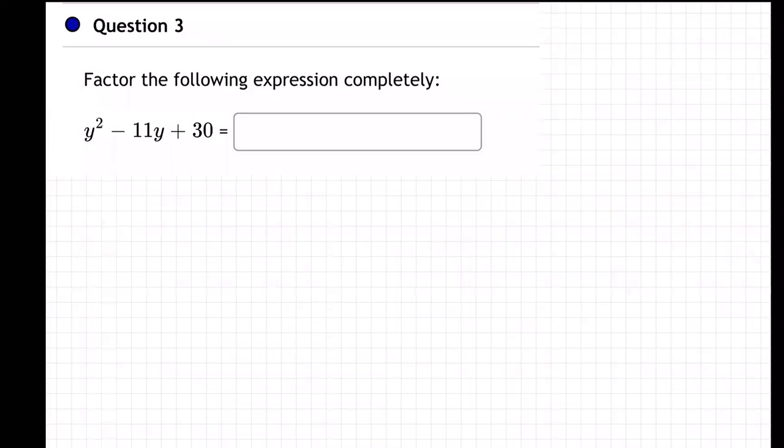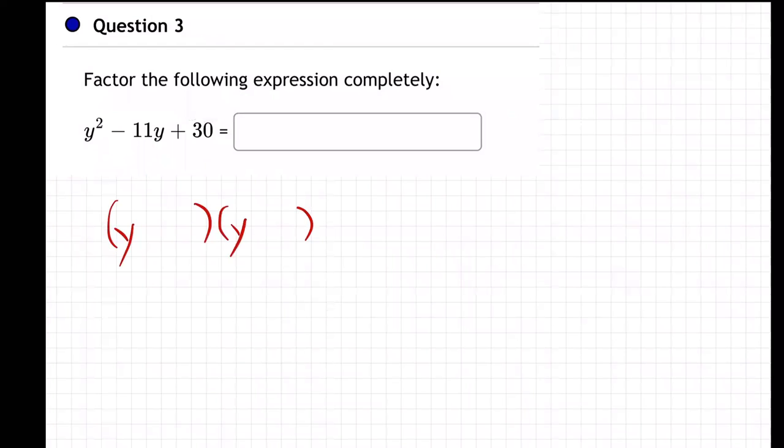Okay, so on this one, we are again factoring, and they're giving us these terms. So whenever you factor y squared y, no y, or x squared x, no x, you know what to do. It's always going to end up being 2 parentheses with the y's or whatever letter in the front. And then you got to find the numbers in the back. How do you find the numbers in the back? Well, they have to